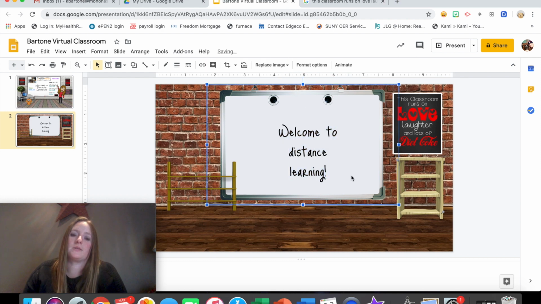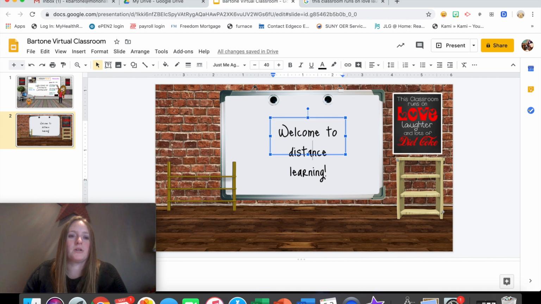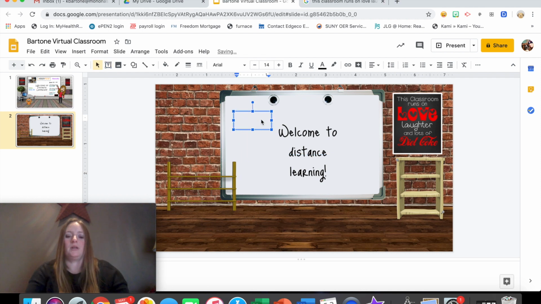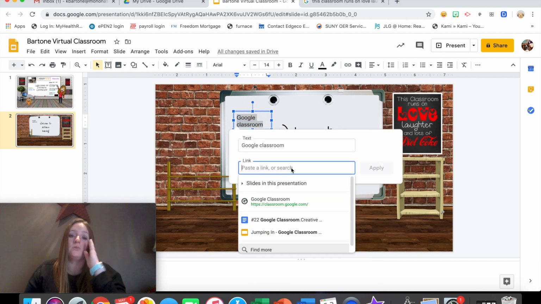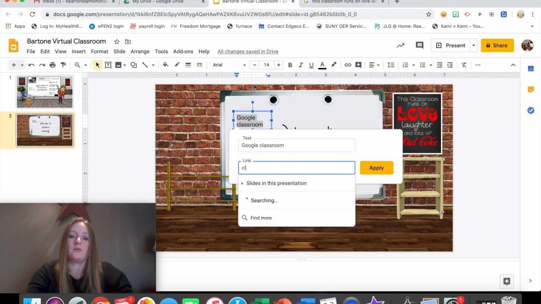The other thing that's important to know how to do, I would imagine, is if you wanted to put a link to something. So you could add in another text box and put in a link to Google Classroom. So you might type that it's your Google Classroom or the kids' Google Classroom, and then you're going to highlight it, right-click on it, and add link. And if you want to copy and paste it, or, I mean, it's already noticing that that's the link I'm going to use, but I also know that it's always